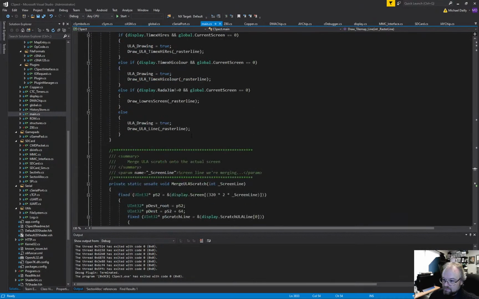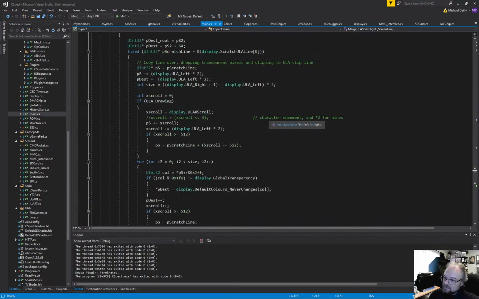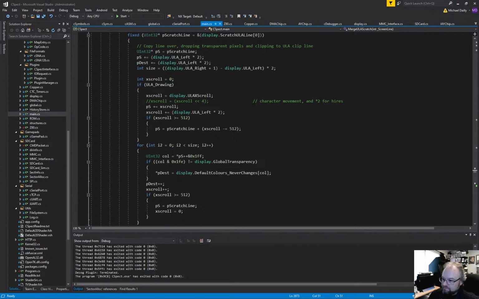Draw and merge. So merge must be down here. There we go, merge ULA screen. This is basically copying from our ULA single scan line that we've just rendered into the final destination texture screen, merging with whatever's been drawn already. So if the tile map is behind, or the sprites are behind, anything like that that's already been drawn, this is going to draw over the top. Now the only thing that's different here, because it just used to be black on top with the transparency, is that we now deal with